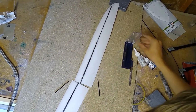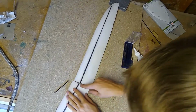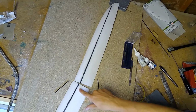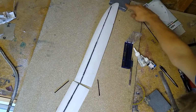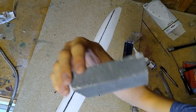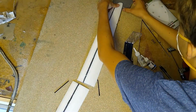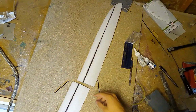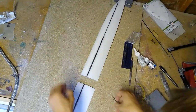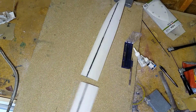Okay, we're back. I just sanded a little bit of a joining angle between the two wing halves, and we'll now begin joining the wing halves with some dihedral already set in. I've got a 2.5 centimeter block under the wingtip of one of the wings, and the other wing will lay flat on the workbench. Since the last wing failed at the point where these two carbon rods joined, I will